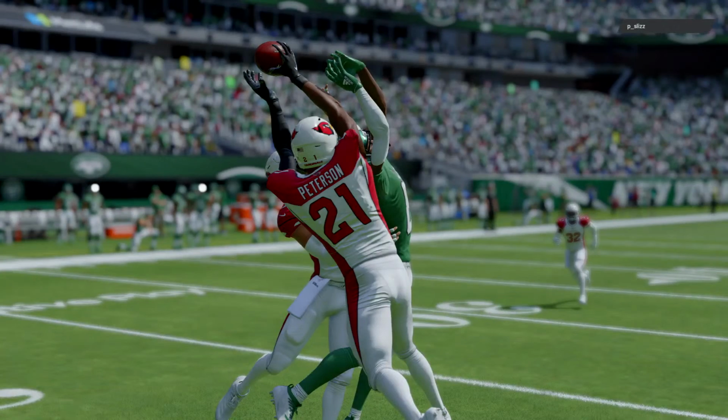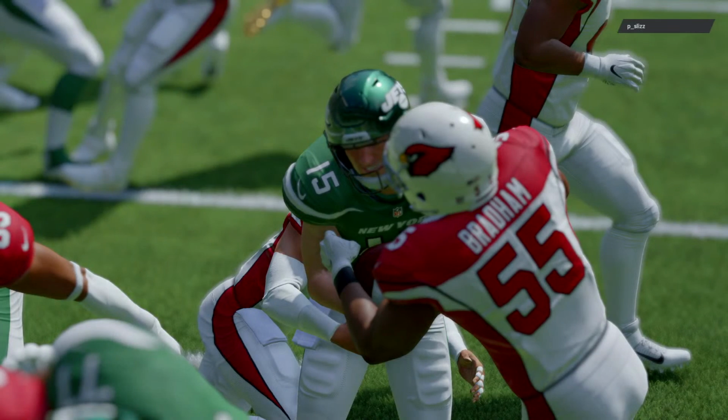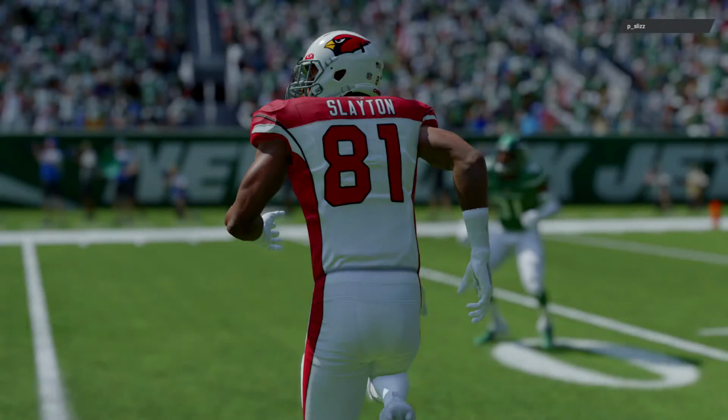So it's a victory here for the New York Jets. And it wasn't really always pretty. They had their bumps and bruises. Really, both sides did. But they did what they needed to do at home to get the win. Yeah, they really had